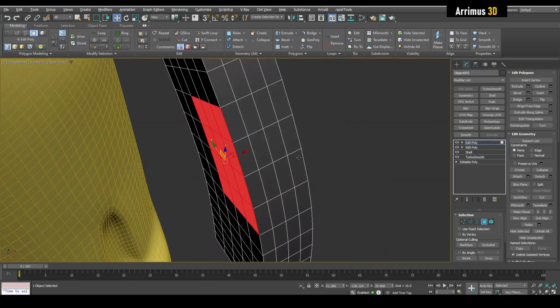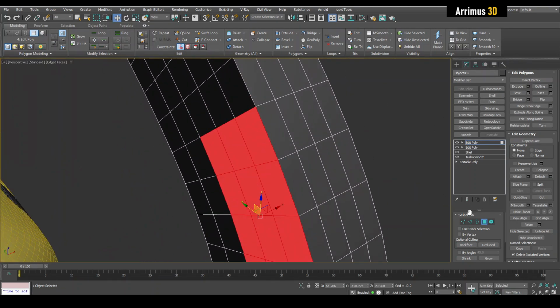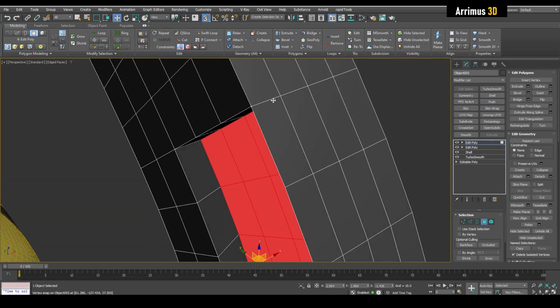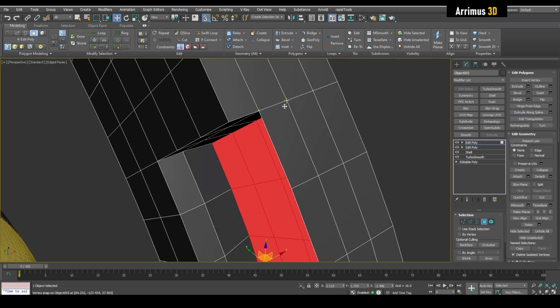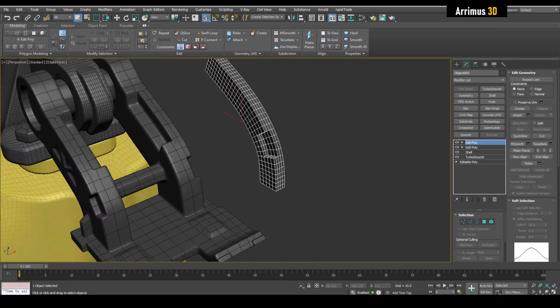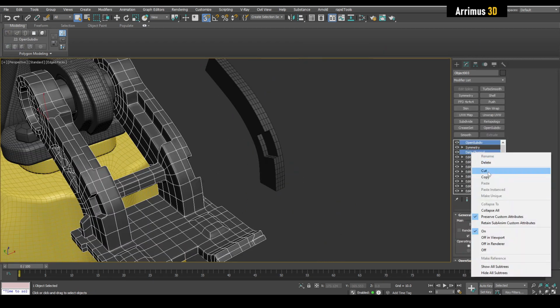And we have a feature in Max called Smart Extrude. So I'm going to go ahead and press S for snaps. And I'm going to hold down Shift and snap right there, and hold down Shift and snap right there. All right. And so now when I use open subdivision data channel,